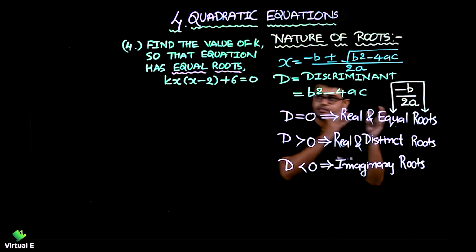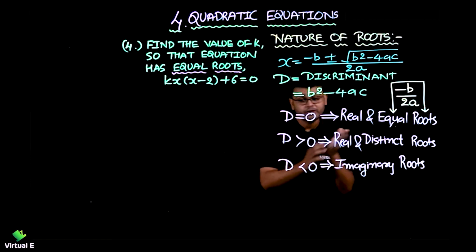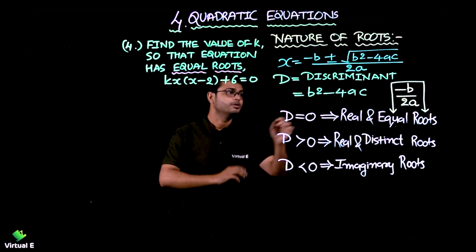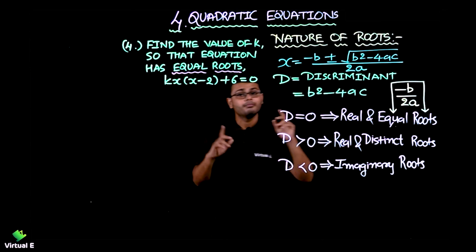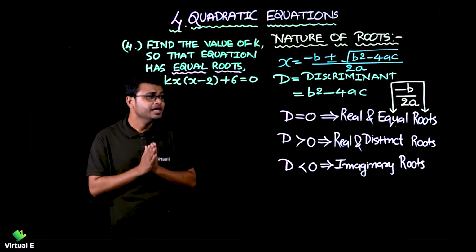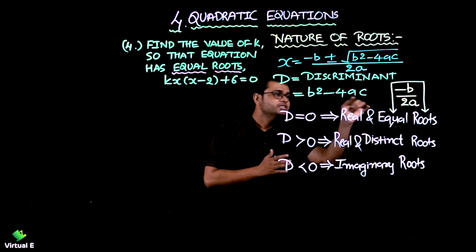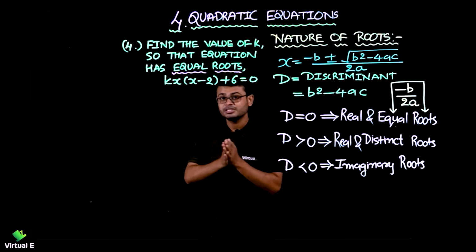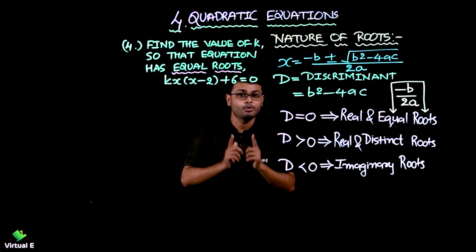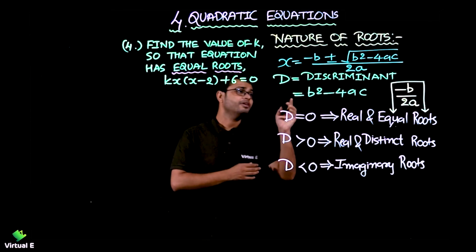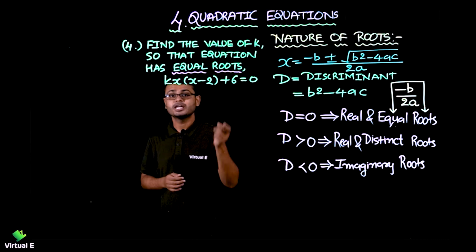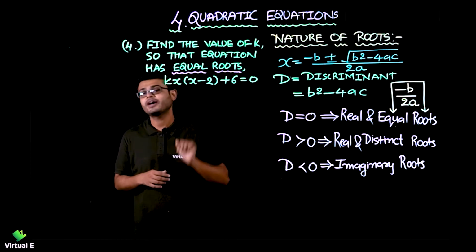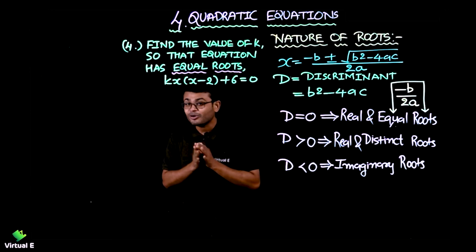So equal roots are given. What is the condition for equal roots? D is equal to 0. So I am going to take D is equal to 0, b square minus 4ac is equal to 0. But before that, what we should have with us is the value of a, b, c. Can you think that you are going to get the value of a, b, c from this equation in this form? No, we cannot, because the value of a is what? In standard form, that is the coefficient of x square. Can you find any x square here? No, I am able to find the x, but no x square. Is it a quadratic equation or is it not? Think about it.